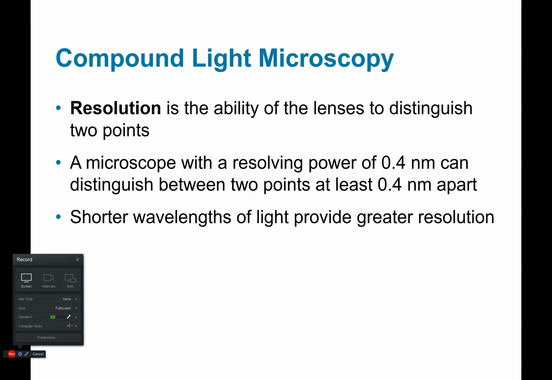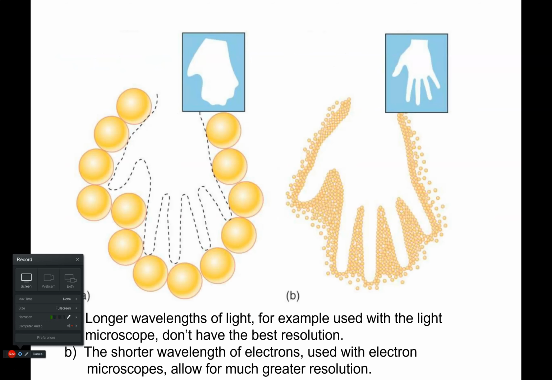And so you get much greater resolution with an electron microscope, which is why electron microscopes can visualize really small things like viruses and DNA and proteins and things like that. So this is a nice analogy, if you will, of